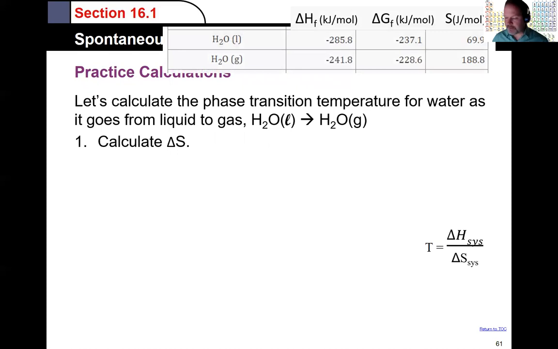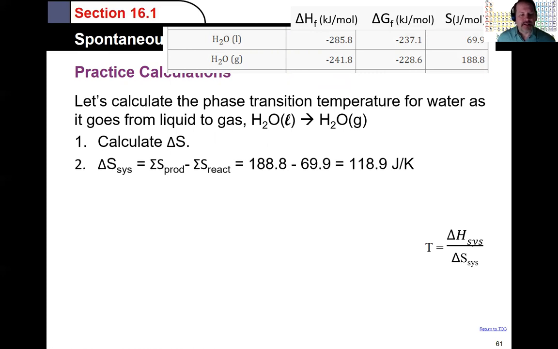And so here I have my magic table pop up. I have entropy numbers for water as liquid, for water as a gas. I have enthalpy and whatever this delta G business is, Gibbs free energy. That's going to be discussed in another video. I can calculate the entropy of the system by summing up the entropies of the products minus the entropy of the reactants. I simply have one product and one reactant. I subtract it, and I get a positive 118.9 kilojoules per Kelvin. Units are very important. So this is a spreading out, a very positive entropy. Entropy is going to help push and make this happen.